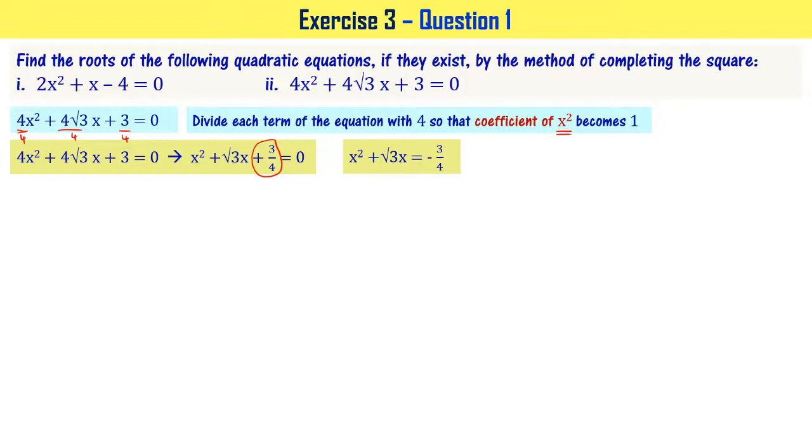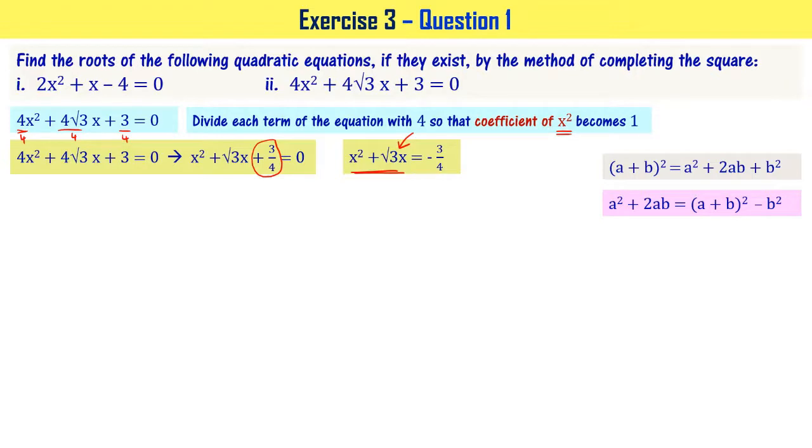This is the standard format we are doing for the method of completing square, right? Now, we want to understand what should be added to both the sides of the equation such that the left hand side of the equation becomes a complete square, right? For that, I'm going to make use of the a plus b whole square formula. That is, when rearranged, it can be written as a square plus 2ab equal to a plus b whole square minus b square, right? Now let's look at the left hand side of this equation and the left hand side of this equation. Let us compare.